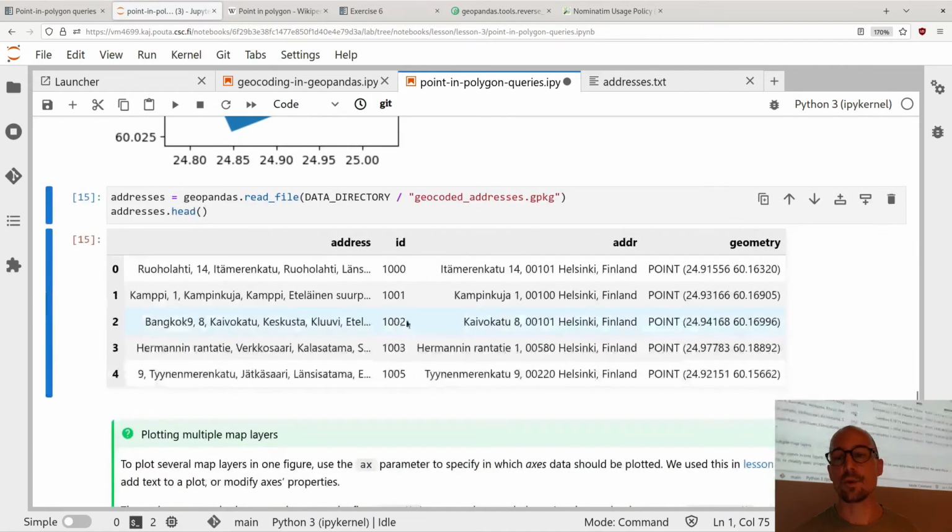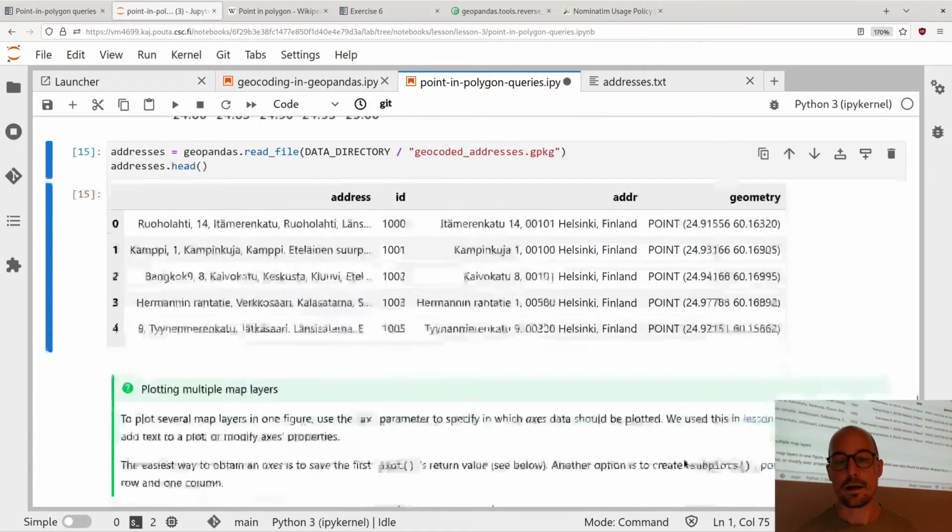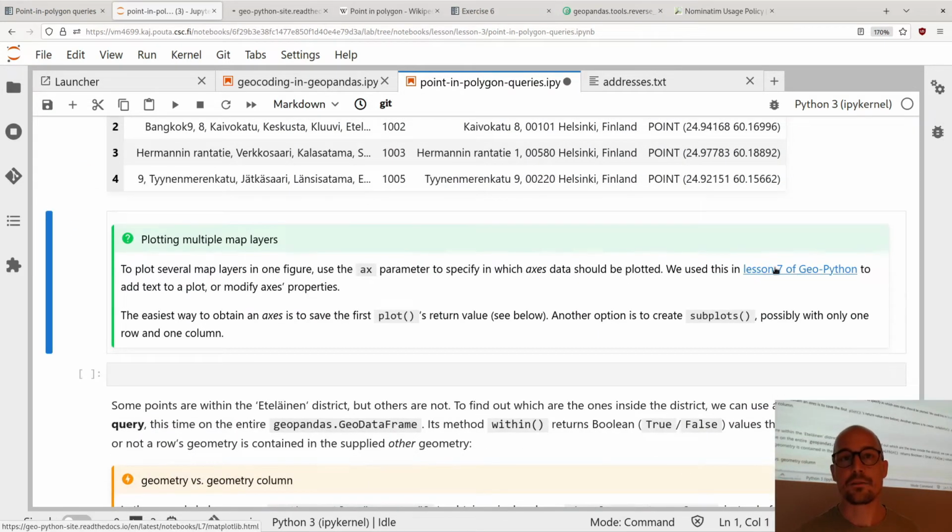And in this case, all of these data sets have the same reference system, which is necessary for plots. The plotting functionality in GeoPandas is not so sophisticated that it can reproject on the fly. But you might remember again from GeoPython lesson 7 that,